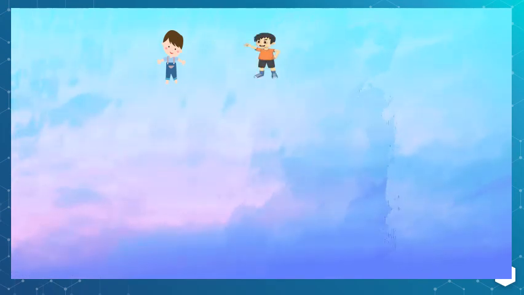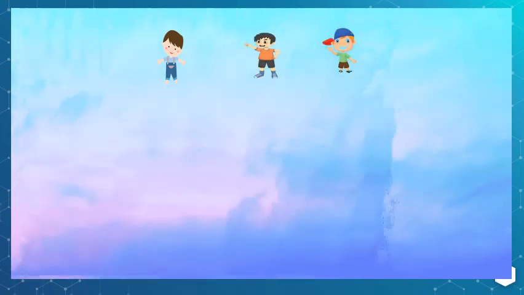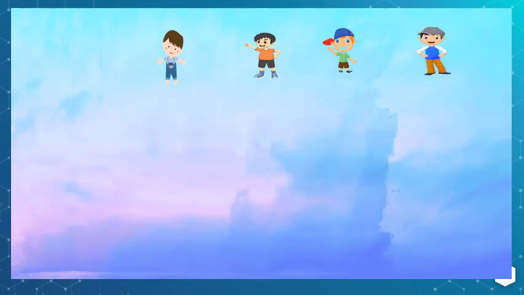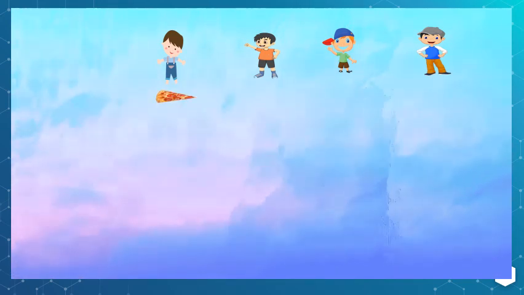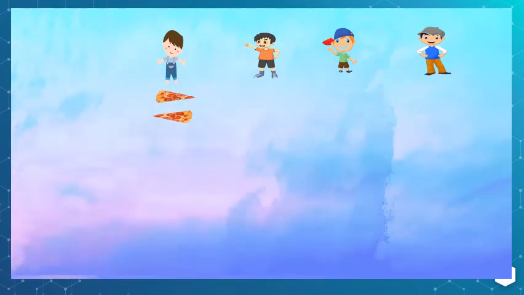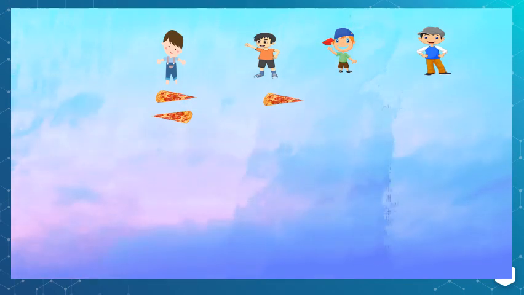Now in this example, there are 4 children, 1, 2, 3 and 4, and each child gets 2 pieces of pizza out of 8.